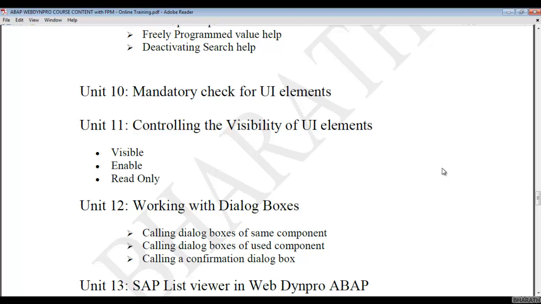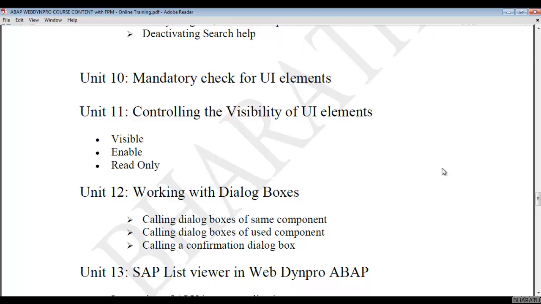Controlling the visibility of UI elements: like in a report program, when we have two different radio buttons and different input fields, based on the radio button selection some of them should be displayed and some should not.